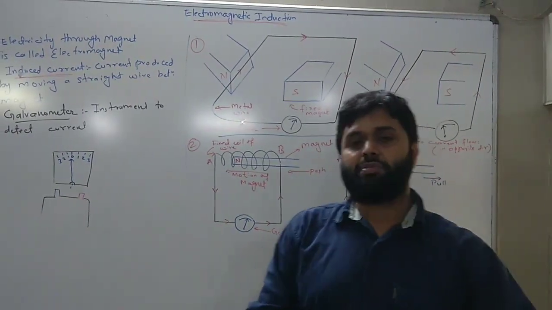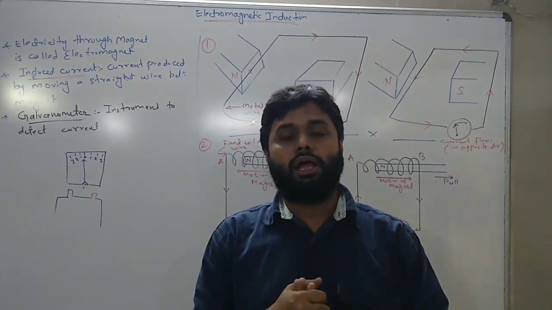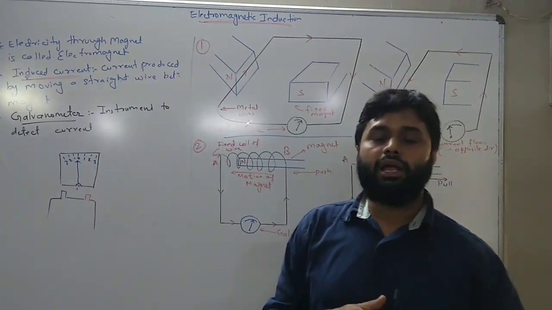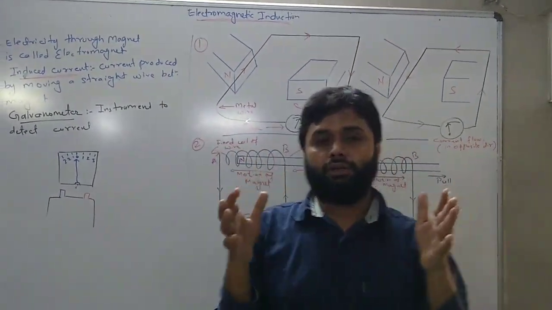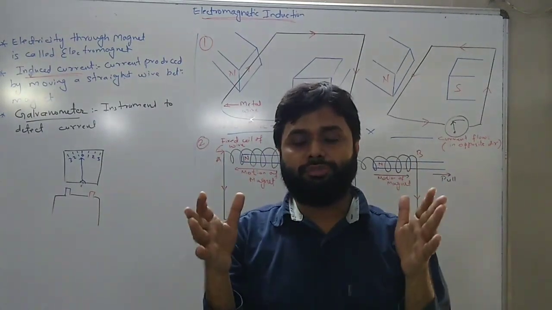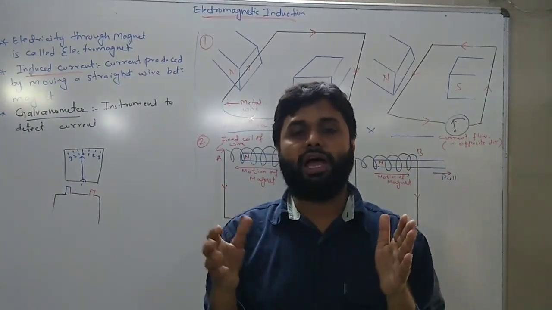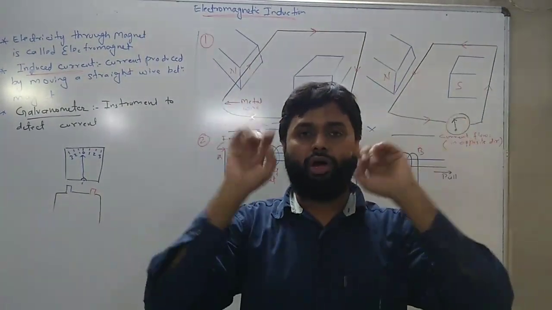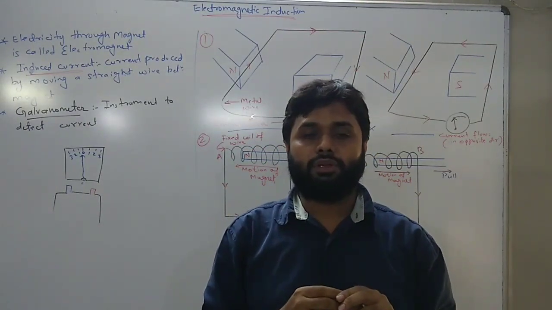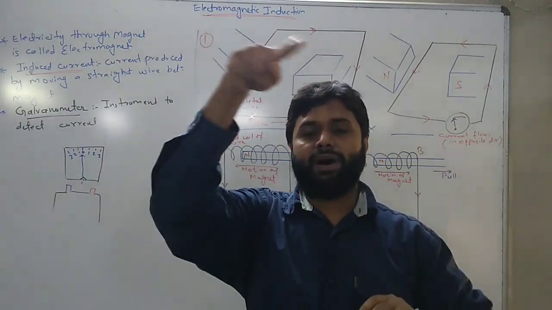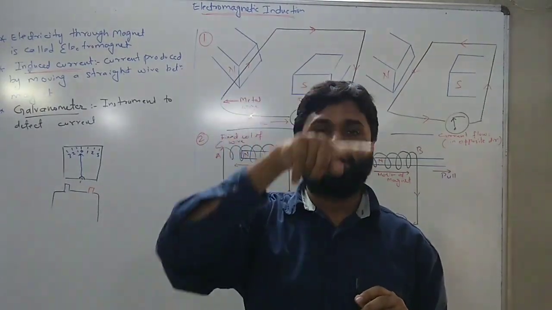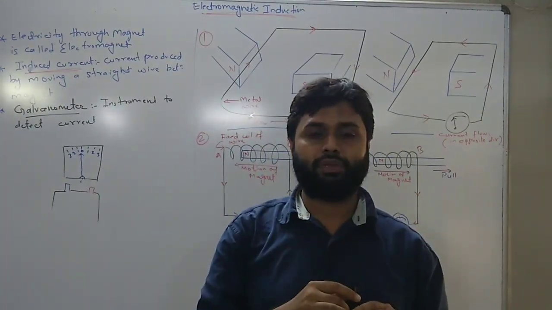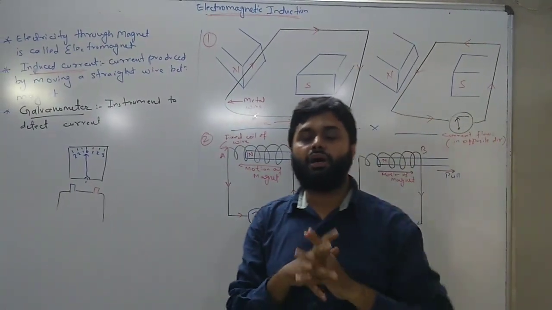We have already done the experiment and taught in the last video about the simple electric motor. We put a horseshoe magnet with its north and south pole, and in between we put a straight wire or rectangular coil. When current is passed through that coil, we found that the coil starts moving. The force is applied on that coil. This is the basic principle of the electric motor.